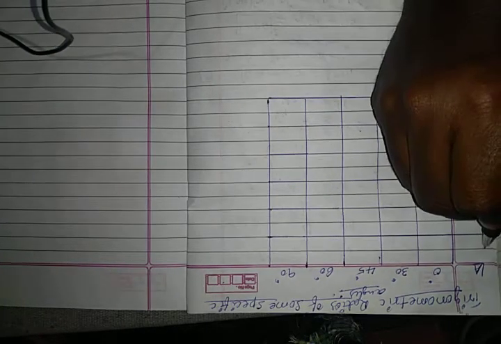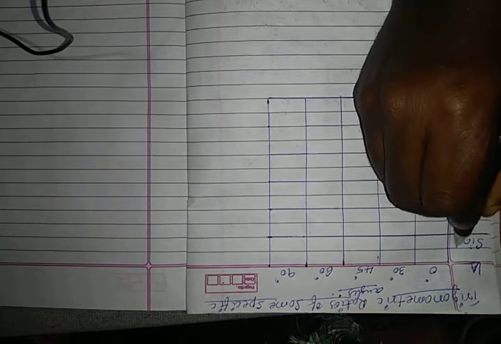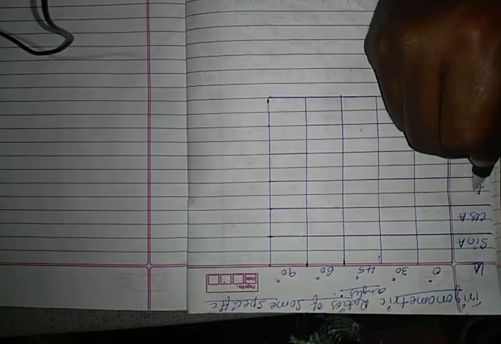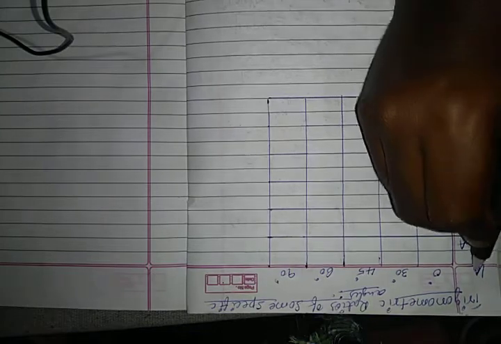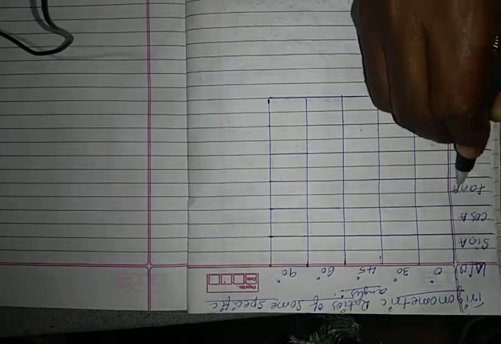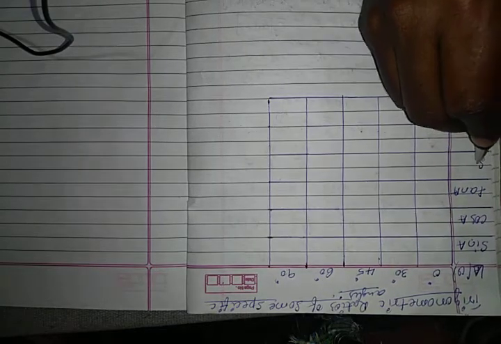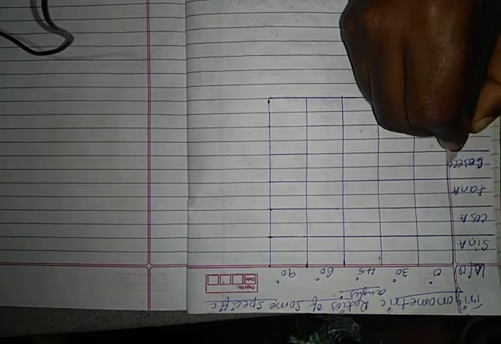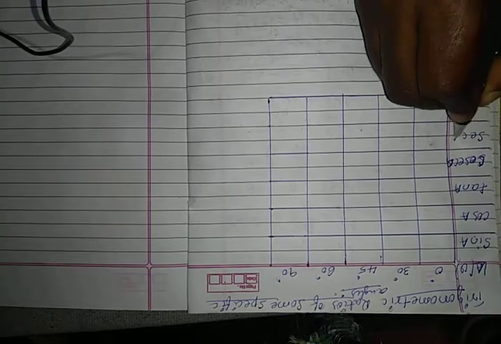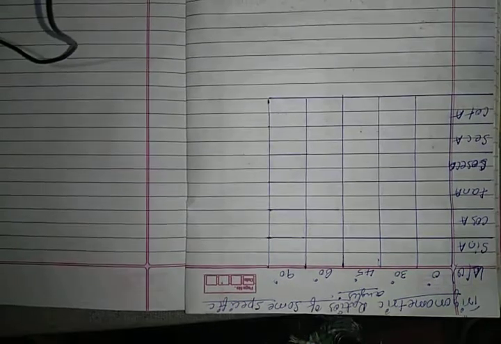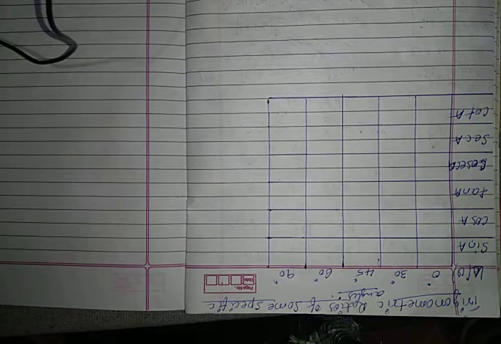First one is, we already know that there are 6 ratios. Sin A, and then second ratio is cos A, third ratio is tan A, and you can take theta also. Like that, sin theta, cos theta, tan theta, and then secant, cosecant, cot. There are 6 ratios. This table is very important to solve the problems. By using the ratios of some specific angles, we can solve the problems.